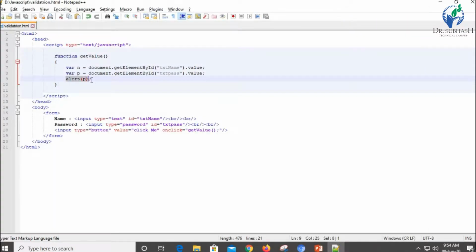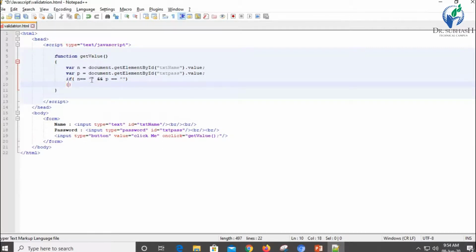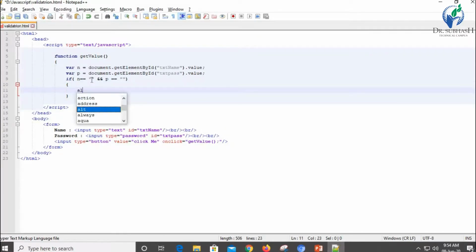So for that, we are going to first check if n is equal to blank and p is equal to double quotes, meaning blank, then we will write the alert message: enter username and password,